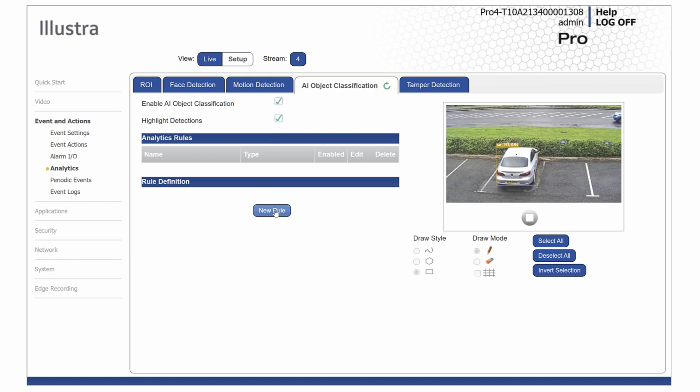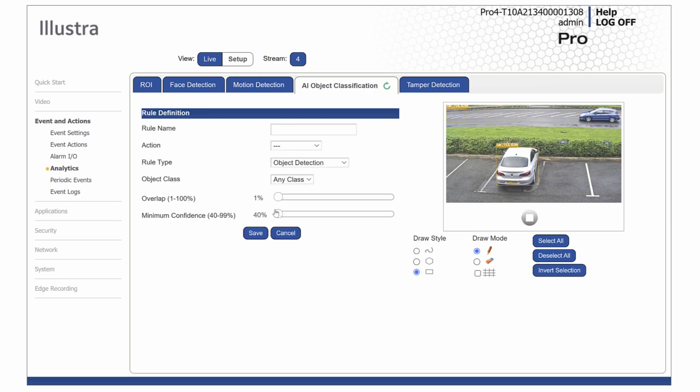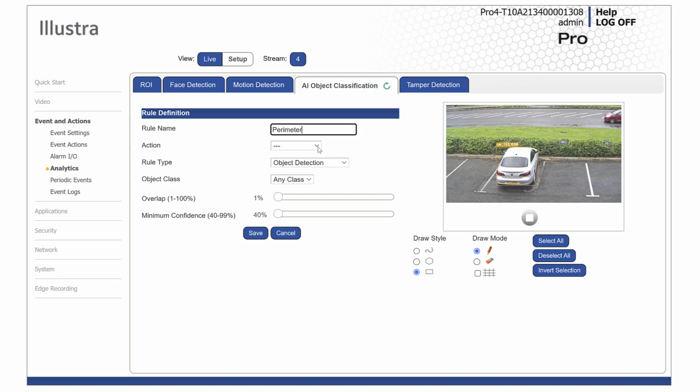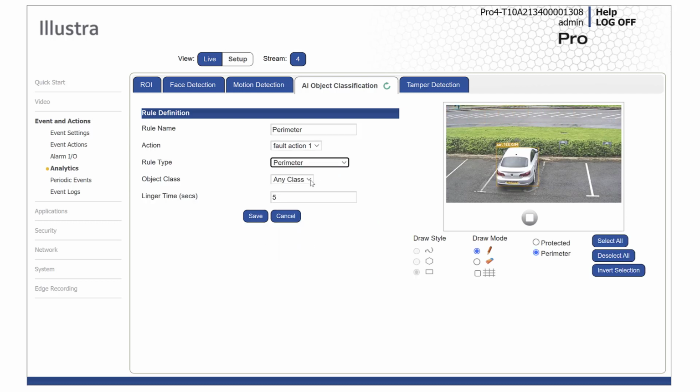Next, select the New Rule icon, and then type a rule name for your rule definition in the field provided. Select a fault action from the Action drop-down menu. This fault action is activated when the parameters of the analytic rule are met. Select the rule type from the Rule Type drop-down menu, and select an object type from the Object Class drop-down